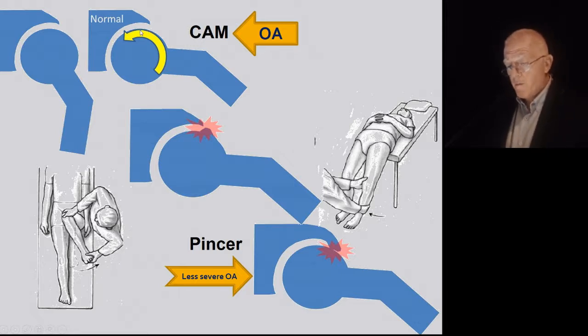With the CAM-type impingement, you see the clinical test here that we check the presence of CAM-type. We have the bony bump abutting on the lateral edge of the acetabulum and causing labral degeneration or tear or delamination of the cartilage. With the pincer type, here is the clinical test that we are assessing the presence or the absence of this syndrome. We have also, because of the overcoverage, abnormal contact. But with the pincer type, the osteoarthritis is usually less severe. With CAM type, it's severe occasionally.